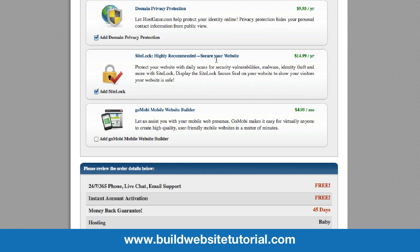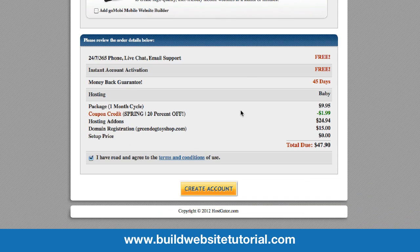SiteLock, I've never actually used this myself. It didn't used to be available. So it's up to you whether you go for that. Have a look and see if you think it's going to be worth it. And then this one, you don't need the mobile website builder. So really you just need to think whether you need that or not. And then go down here, and once you're happy with everything, just click create account. And obviously in with that you're actually buying the domain, the domain name we just looked for. You can actually buy domain names slightly cheaper elsewhere, but this just makes it a lot simpler when it's your